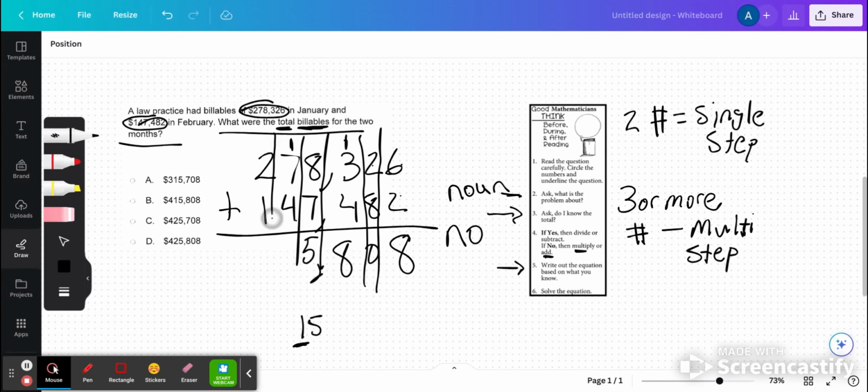Now we're going to add the 10,000s. 7 plus 1 is 8, plus 4, that gives us 12. So 12 10,000s, we make 100,000. We're going to shift that over to the left and write the 2 in the 10,000s. Now we're going to add our 100,000s place, 1 plus 2 plus 1, and that's going to give us a total of 4. So our answer is going to be, they have a total